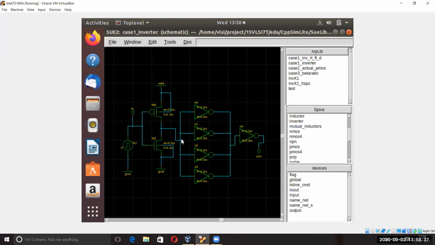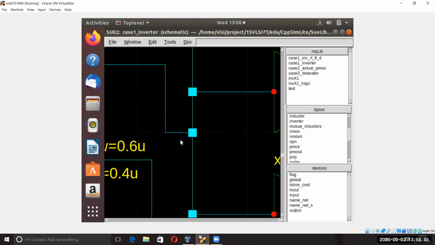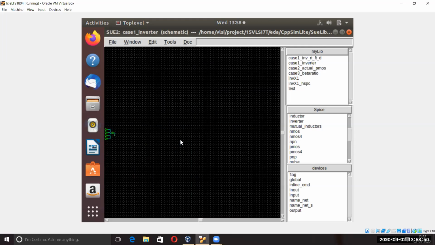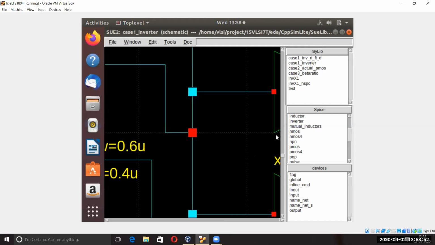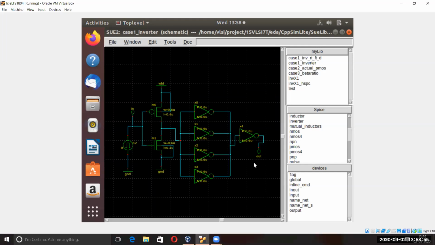Just give a node name, any name, like V1 or V out. You can give it the V out name. Everything else will be the same. In V out, we have to take the output after connecting all the loads, and finally check how the inverter behaves according to the output capacitance. So CL is according to this fan out. Just place an output node there.